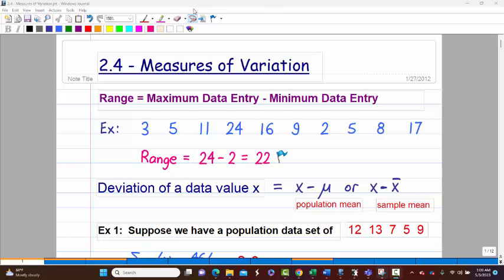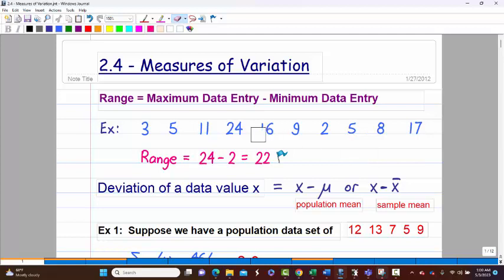The range is calculated as the maximum data entry minus the minimum data entry. So in a small data set like this, I don't think you necessarily would need to sort them. It would be more convenient if it was a larger data set, but even then you still shouldn't have to. But anyway, if they're sorted, it'd be the right one minus the left one, but this one's clearly not sorted,